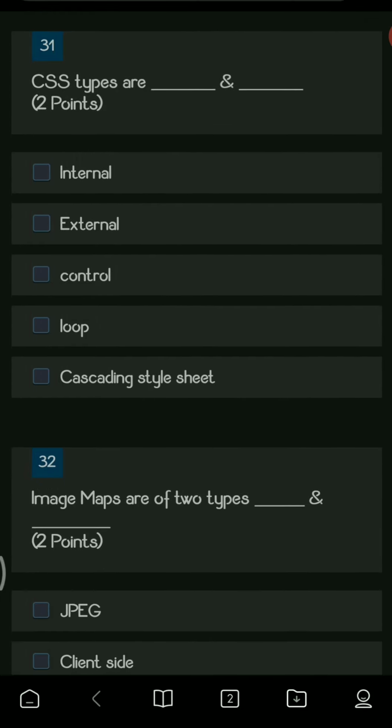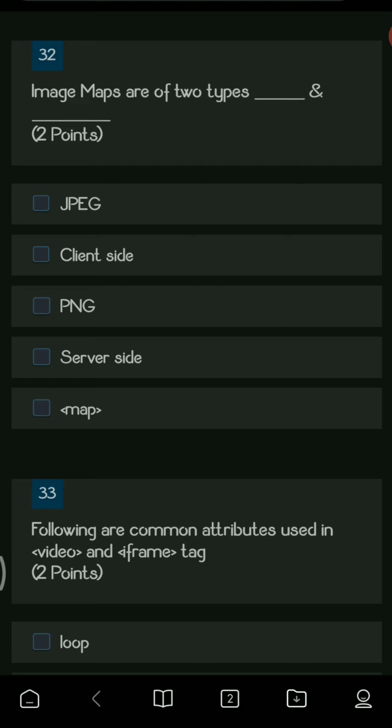So basically we have 3 types of CSS, but as only 2 are asked, internal and external are the types of CSS. And next, image maps are of 2 types, dash and dash. So the options are JPEG client side, PNG server side map. So image maps are of 2 types, one is client side and second is server side.